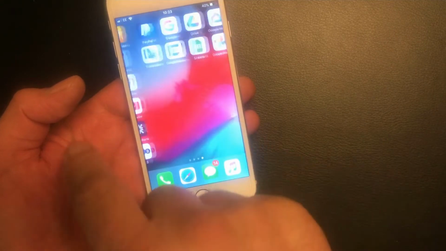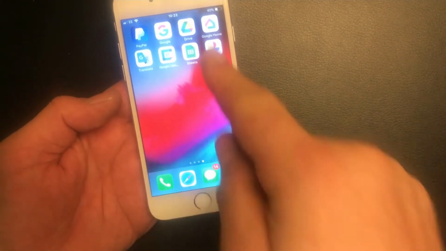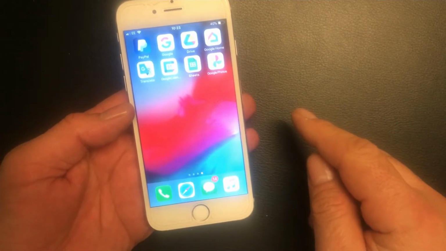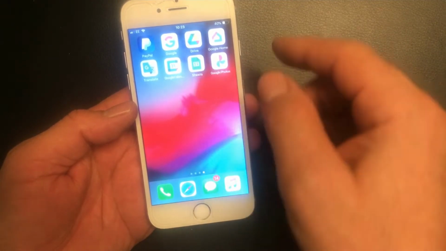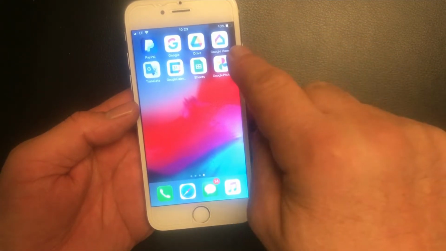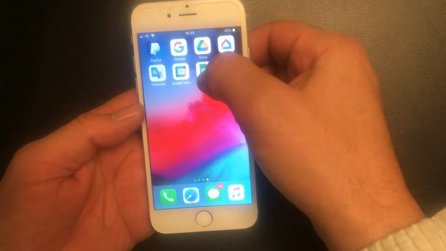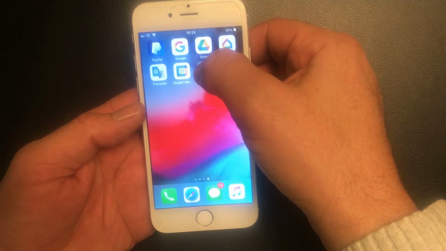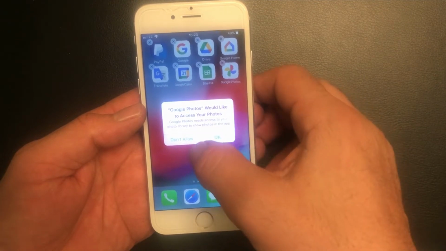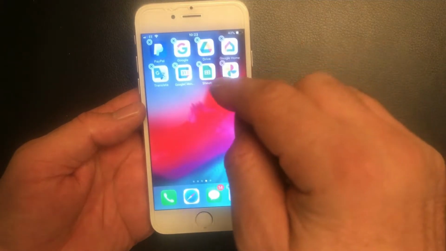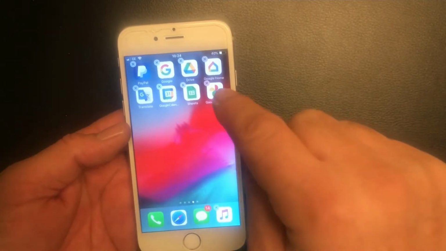So for example, if you come here and want to make a folder somewhere to join all these icons under one folder. So to create a folder is unlike Windows. The easiest way to do this is just press a bit long, press on one icon on the app like that. When it starts wiggling, I'll say okay. So when they start wiggling like this, moving, shaking, what you do, you just press again and